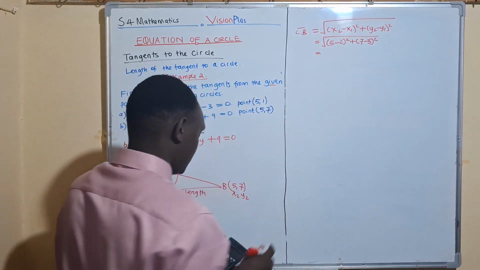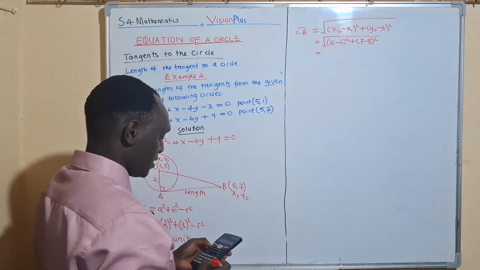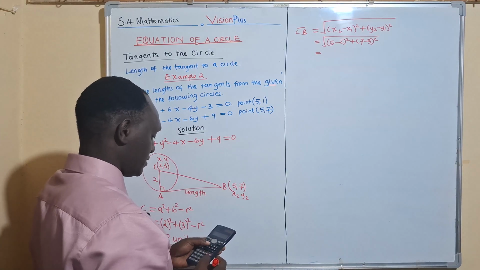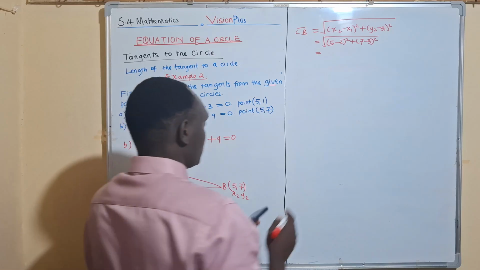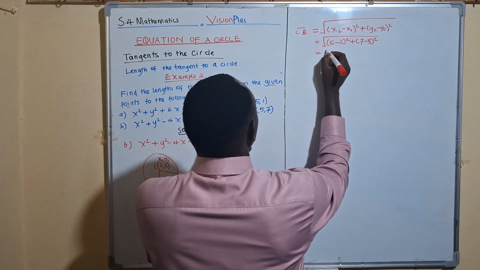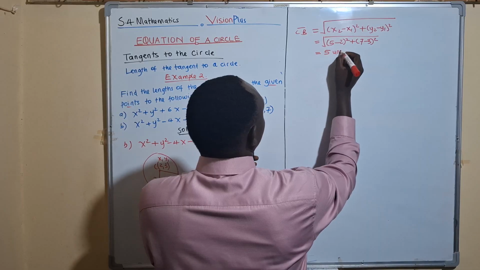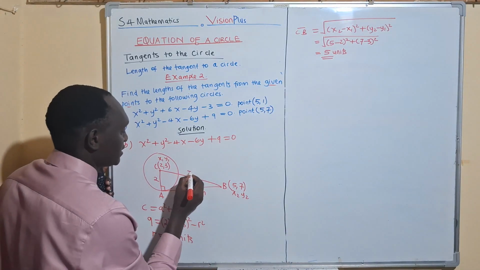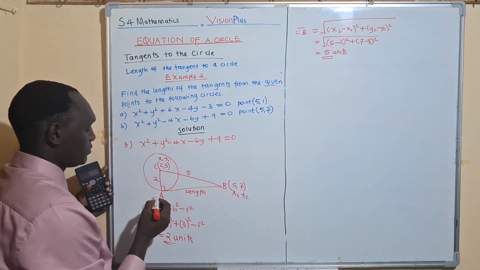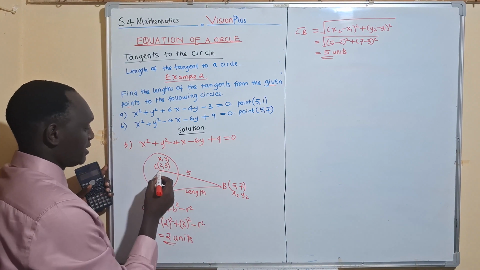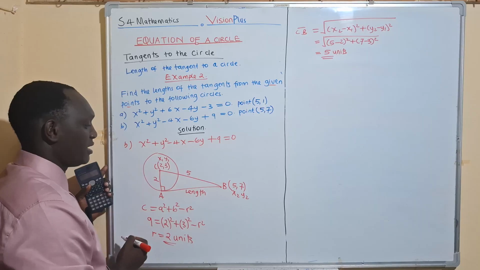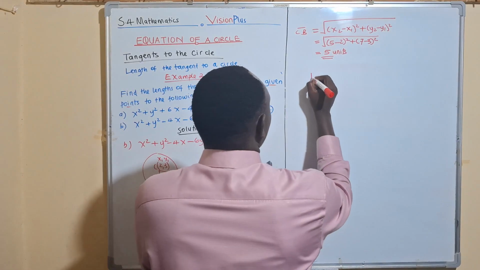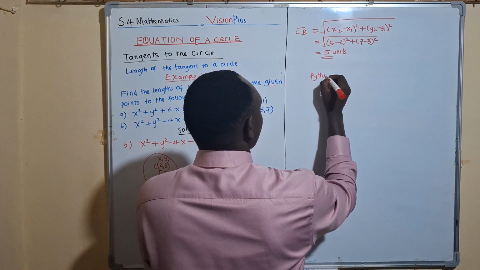Then you put the calculator. 5 minus 2 squared plus 7 minus 3 squared. So the length CB here is 5 units after taking the square root. So this length CB here is 5 units. Since we know the distance from A to C to B, we can apply Pythagoras theorem to find the length AB. So we just say applying Pythagoras theorem,